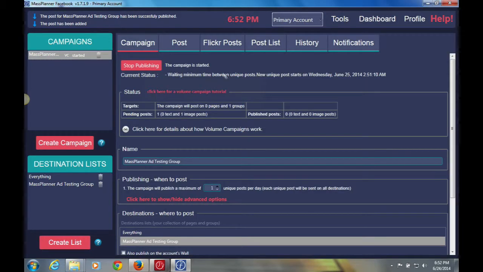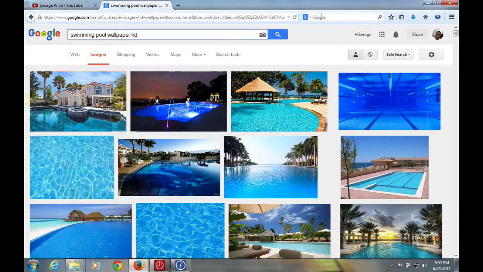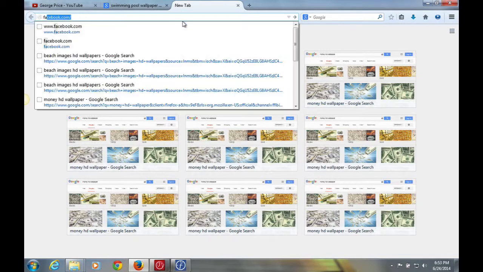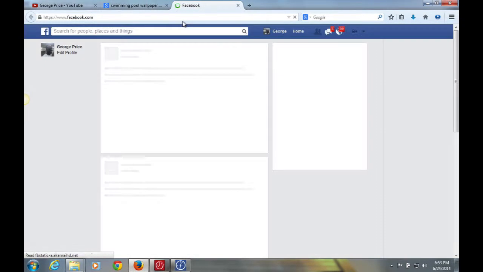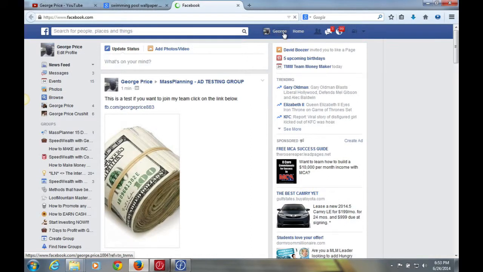You see that we sent a post, and the last thing I want to show you is what it will look like once you send it and how you can confirm that it's been sent. So we'll log into Facebook here, and we'll go to the account that you're logged into, go to the profile page, or actually you can see it here. But you go to the profile page,